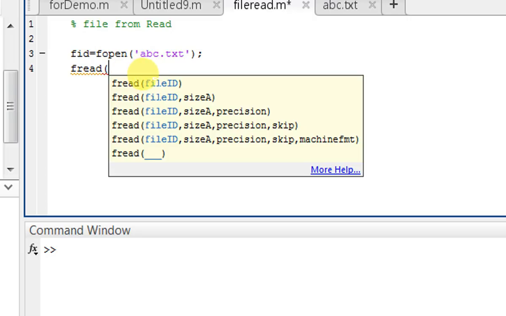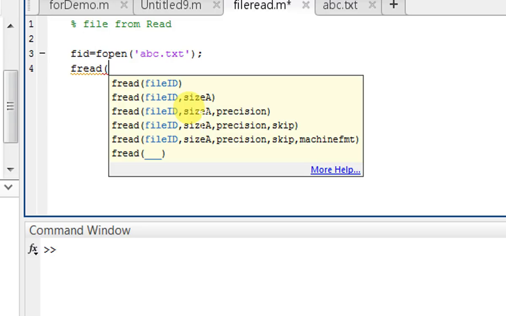We need the file ID, where we located the file in the buffer variable. That variable we have to call here. Then the size of the file we have to declare, and some precision. Precision means in which precision we have to read that text file, in character precision or integer precision. Those precision values we get as output on the command window.